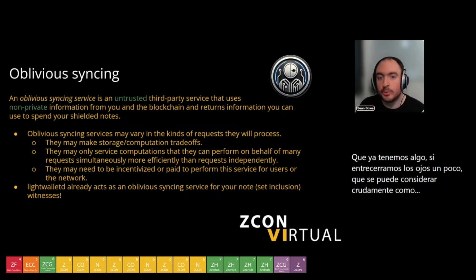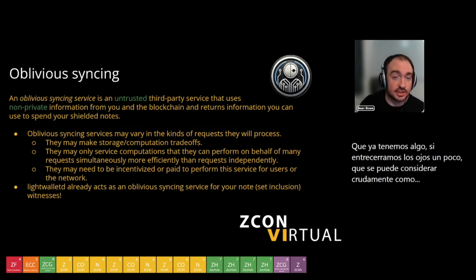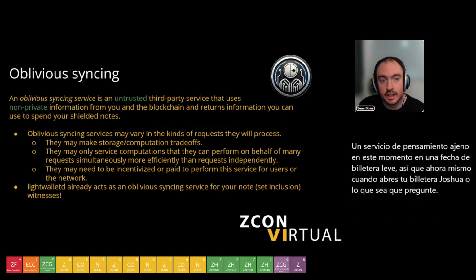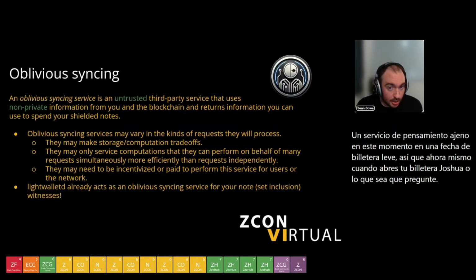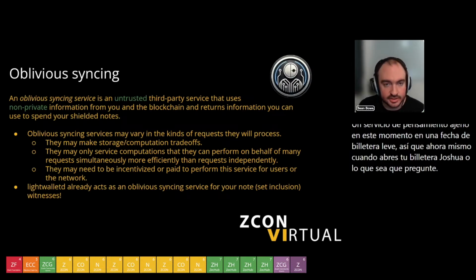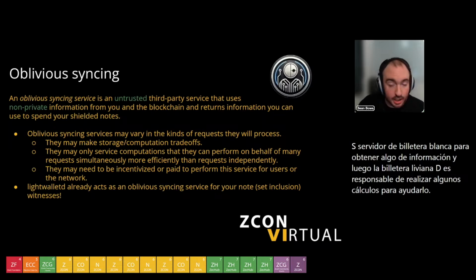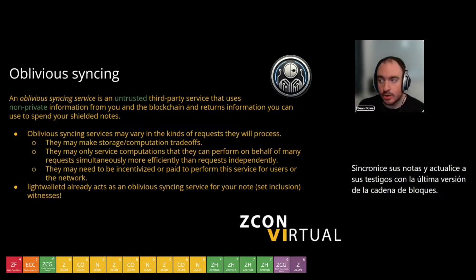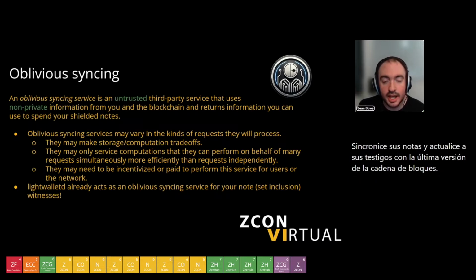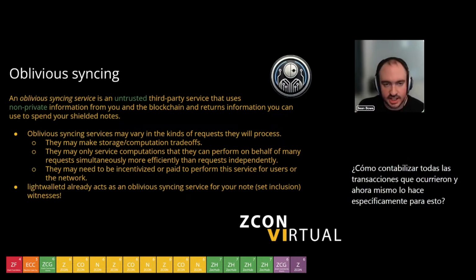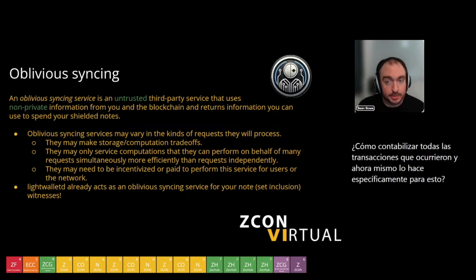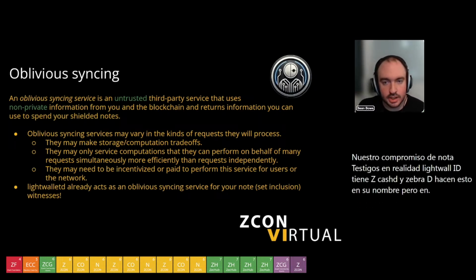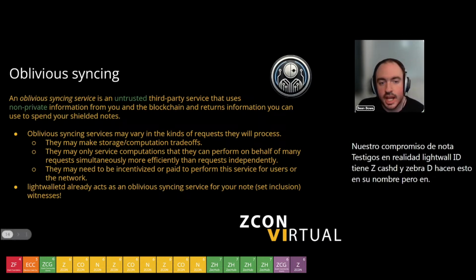So right now, when you open your Zashi wallet or whatever, it asks the LightWalletD server for some information, and then LightWalletD is responsible for performing some computations to help you sync your notes and update your witnesses to the latest version of the blockchain to account for all the transactions that have happened. And right now, it does this specifically for our note commitment witnesses. Actually, LightWalletD has Zcashd and Zebrad do this on its behalf, but in principle, it's LightWalletD's responsibility to perform computations that help the user's wallet sync up their witnesses. And so right now,